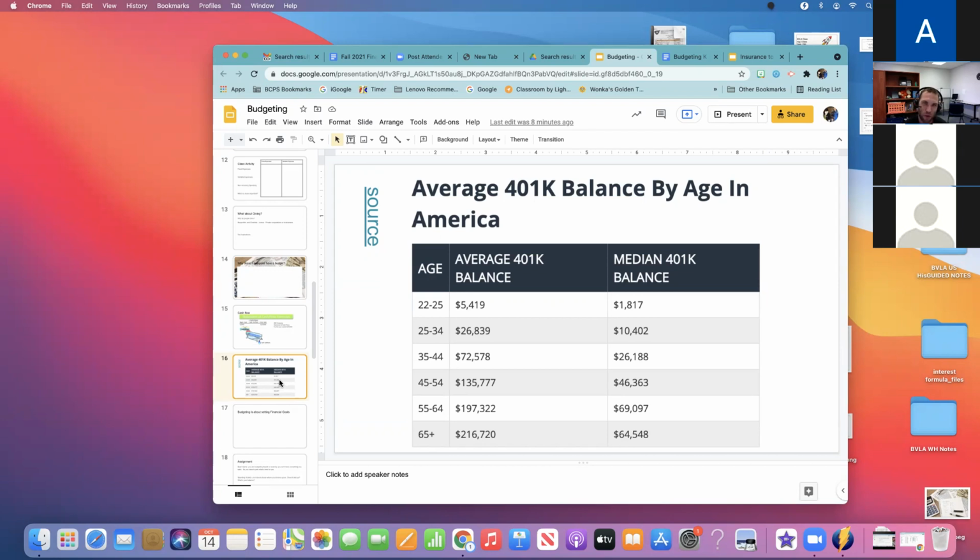By the way, for 401ks, you can contribute up to $19,000 per year, is what I believe it is now. It changes every year because it's built into the tax law, and tax law changes every year. So it's been less in the past, sometimes it might be more in the future, it might be less. And then once you hit a certain age, I think it's 55, they allow you to contribute a whole bunch more as kind of a catch-up contribution. So if you're getting up there in years and you don't have a 401k, then you're allowed to contribute more.